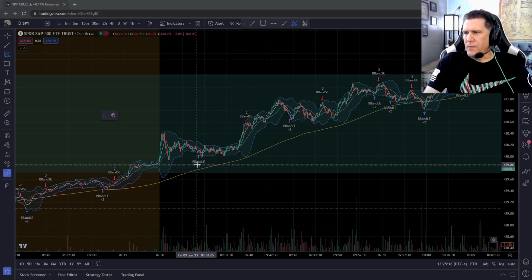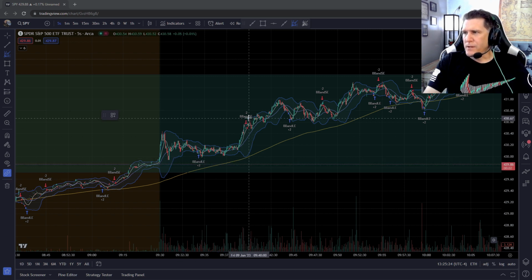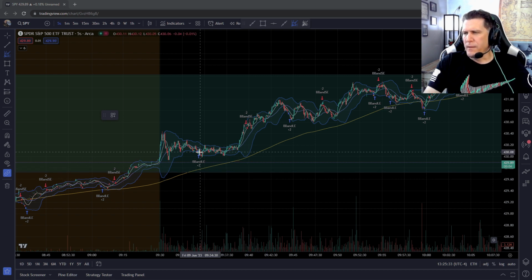So you have B band LE, that stands for long entry signal right here. Here you have a short entry signal. Now, the only caveat is that you have to pay attention to what it's telling you. It says -2, +2. That is a trade that takes place over 2 deviations from a Bollinger Band poke back